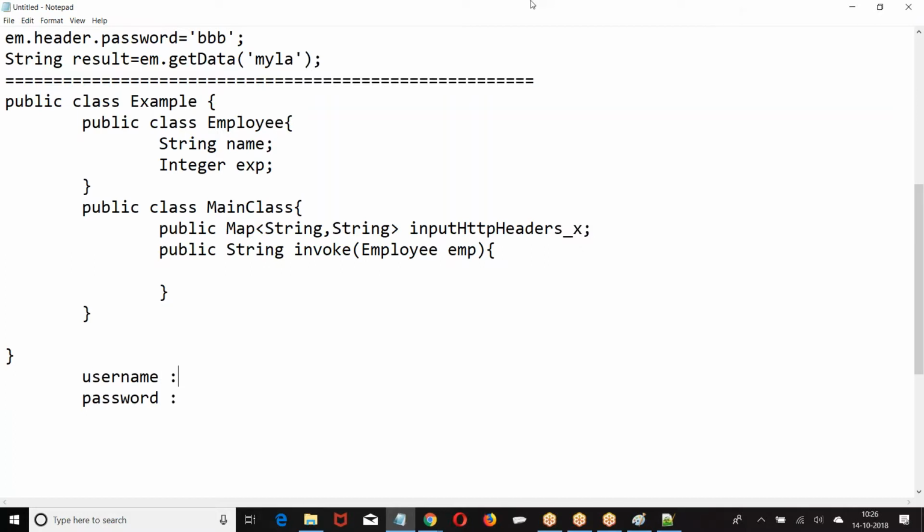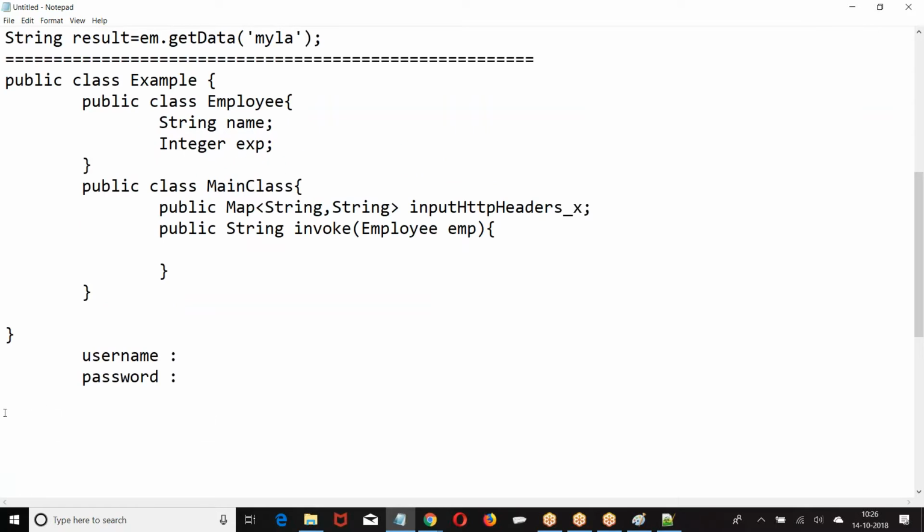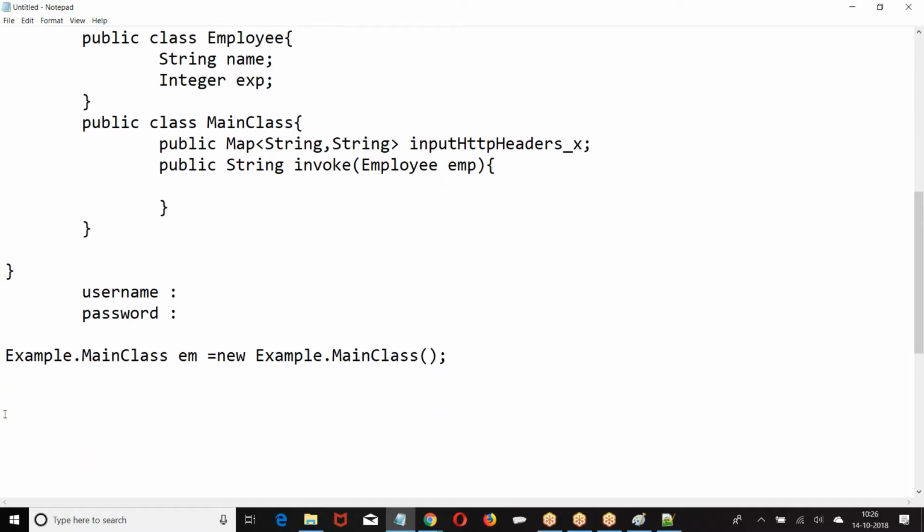So how do you define the service now? Now you are supposed to create example dot main class, then we are supposed to put em dot input equal to new map.